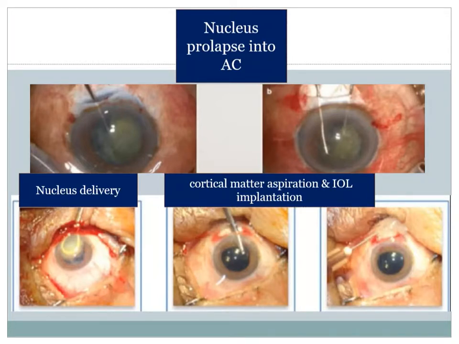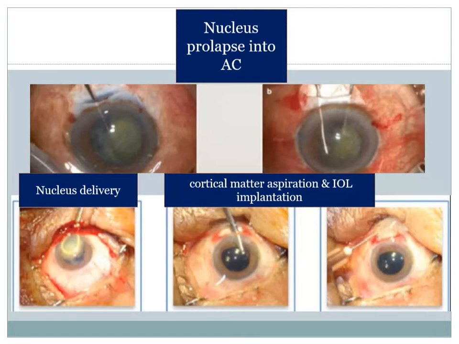So the lens is within the posterior chamber, isn't it? So it is covered by an anterior capsule and a posterior capsule. So what we are doing is we are making a hole in the anterior capsule. Okay, and that anterior part of the anterior capsule is discarded. So what is remaining is a bag consisting of the rim of anterior capsule and the entire posterior capsule. So within this bag lies your nucleus of the lens and the cortical matter of the lens. The nucleus is the one which is very hard. Okay, so that is the most difficult to tackle.